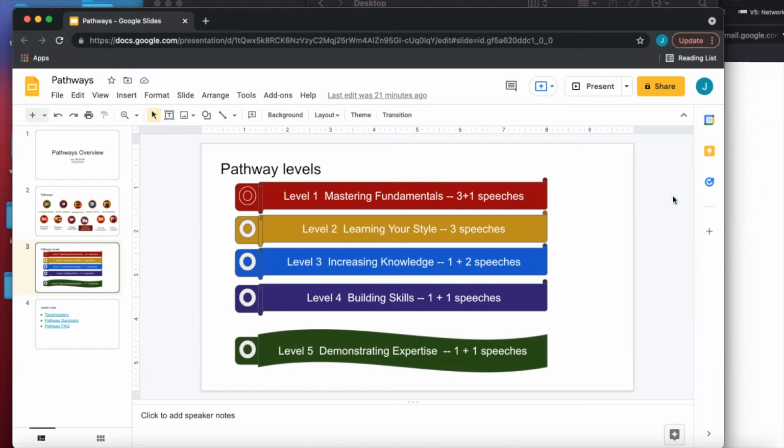Yeah, certainly the evaluators have to consider the speaker's level before providing the feedback. For example, you cannot give the same feedback as level 5 to somebody who is doing the ice breaker, right?